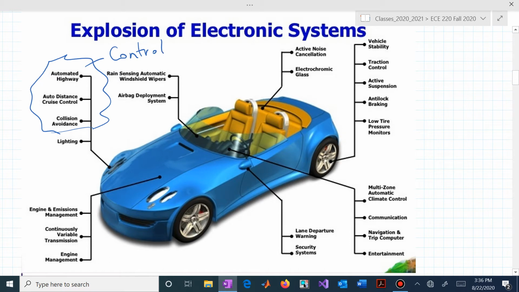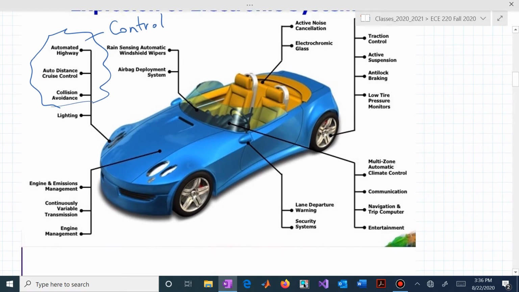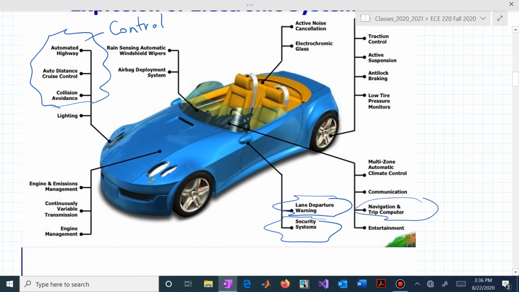subdiscipline, but if we have radar involved with this distance measuring between vehicles for the adaptive cruise control, then we need to understand some electromagnetics, some radio frequency information. Likewise with security systems, lane departure, navigation and trip. Now we're maybe communicating with GPS, climate control, communication. All of these are